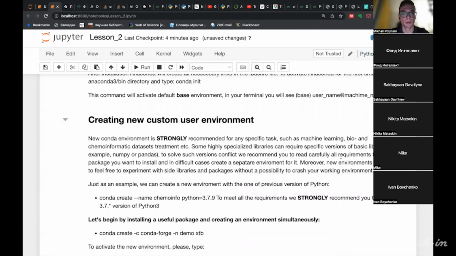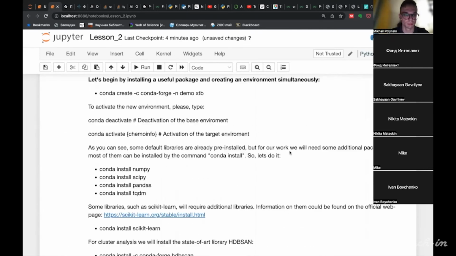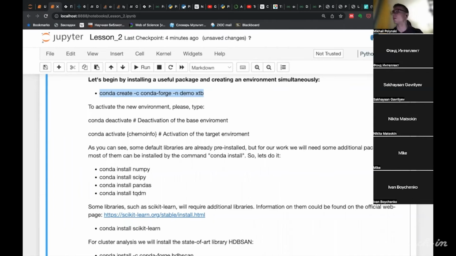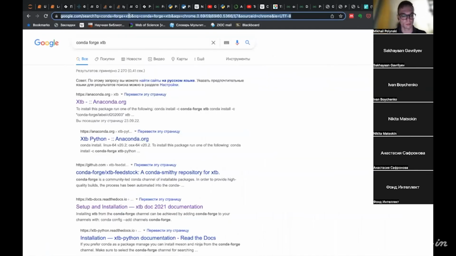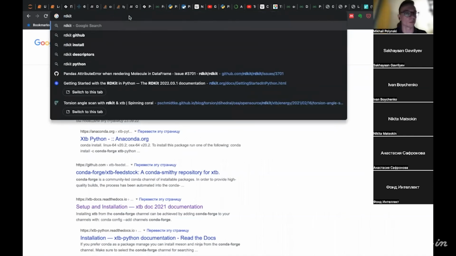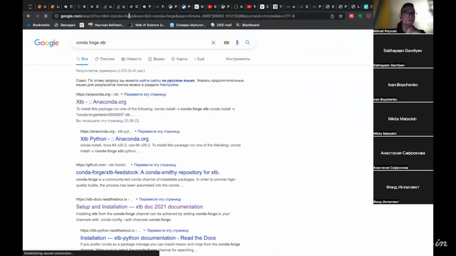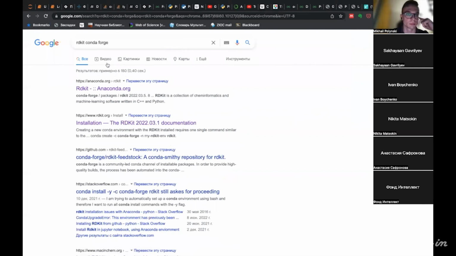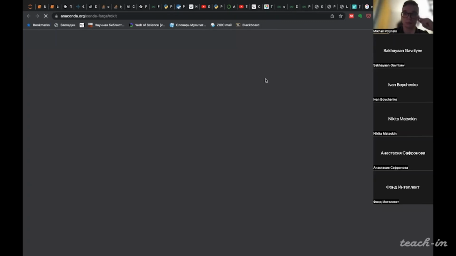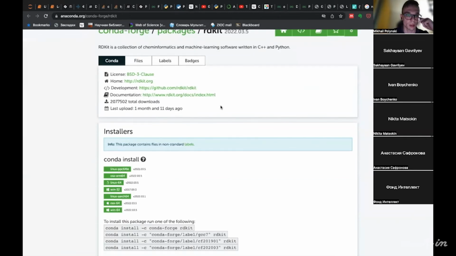And if you would like to try installing some packages the way I've suggested, you can try, for example, this package, the kit that we are going to use as well.